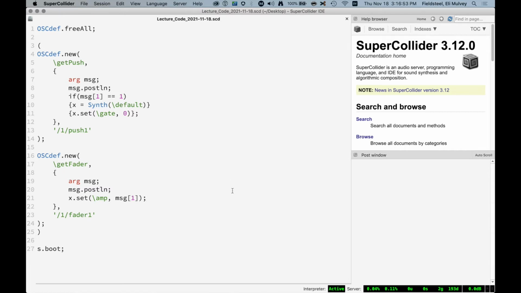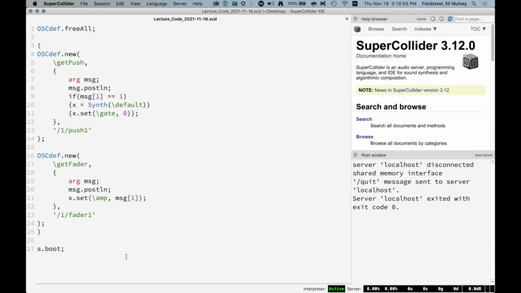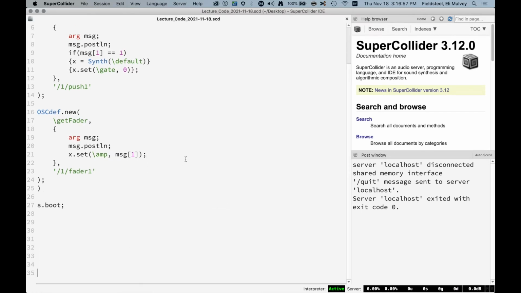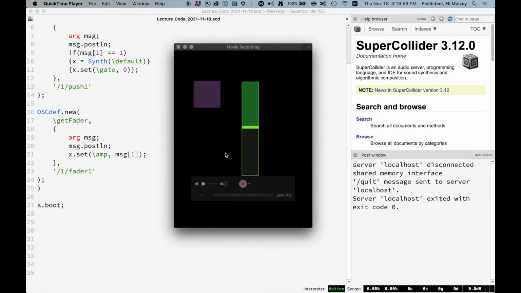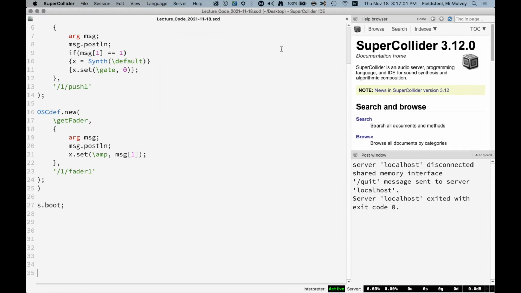So let's quit the server, and I think I'm actually done with my iPad for now. It is possible to send OSC from the language to the server, from the server to the language, and from the language to itself. It's all possible. Now, when we say